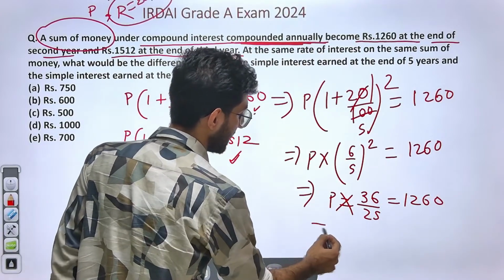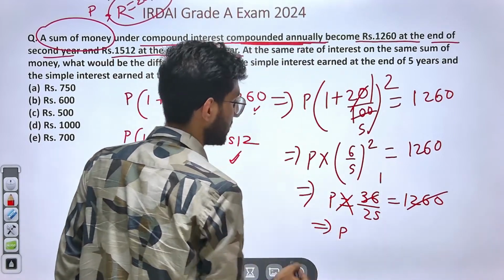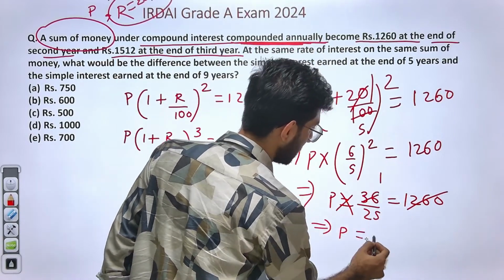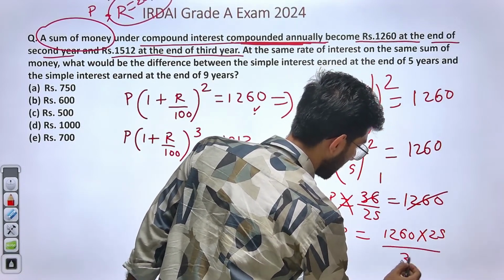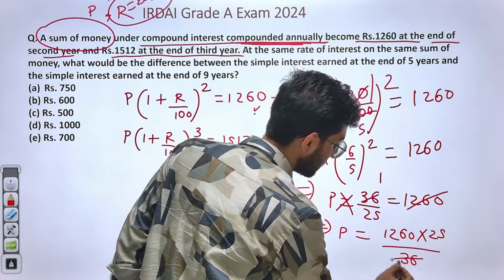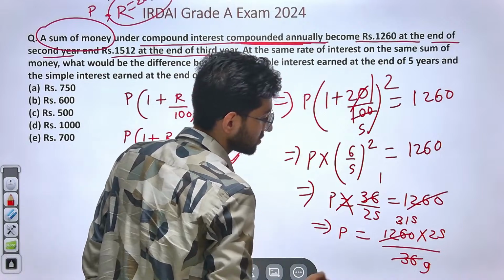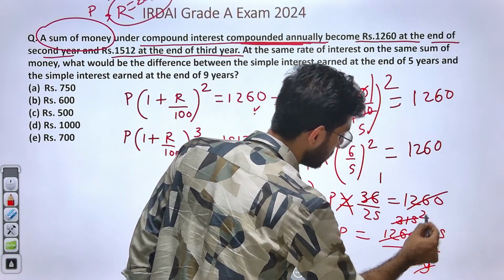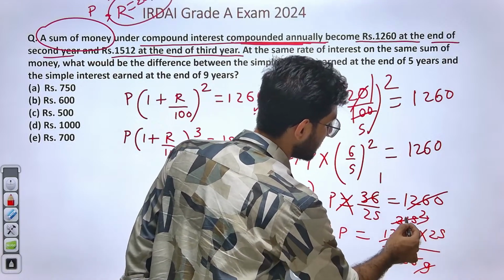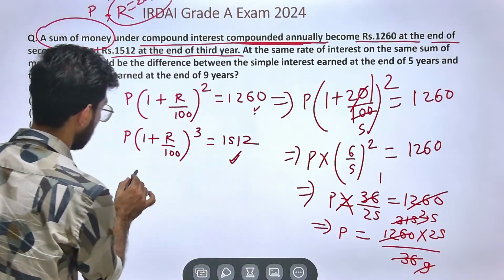If you are good at calculation, you will find that 36 into 1, okay, you can't do that thing. So you can write p equal to 1260 into 25 by 36. So obviously 4 into 9 and 4 into 315. So basically you can again write 9 into 2, 9 into 3 is 2745. So obviously the value of p equal to